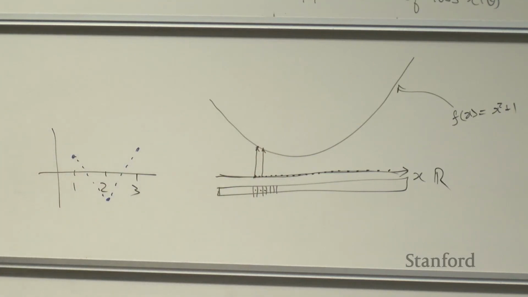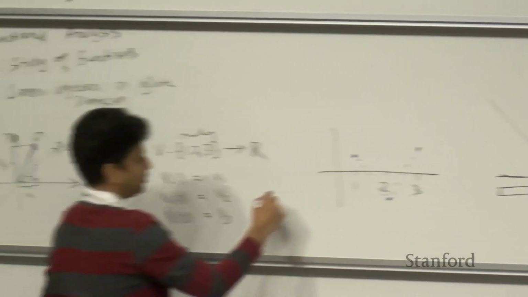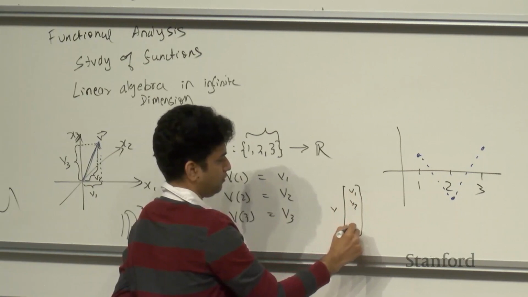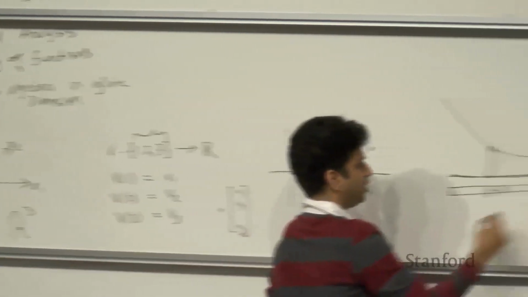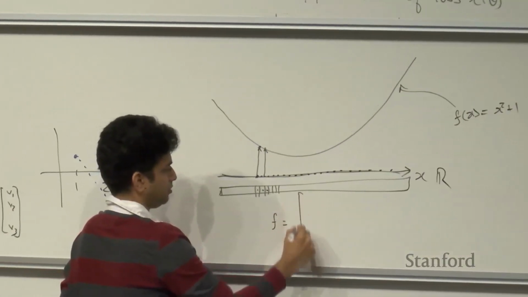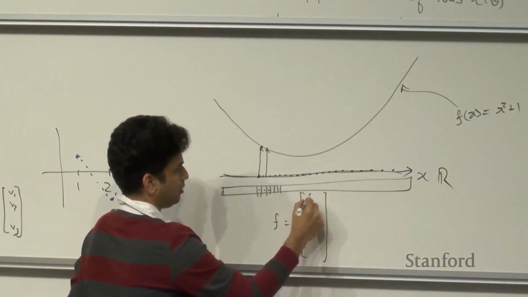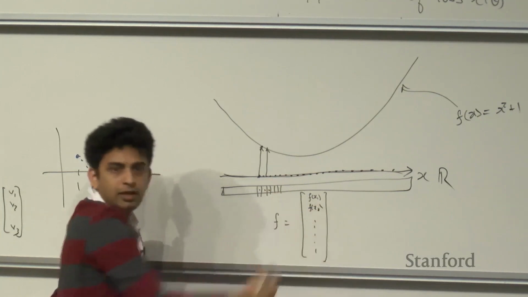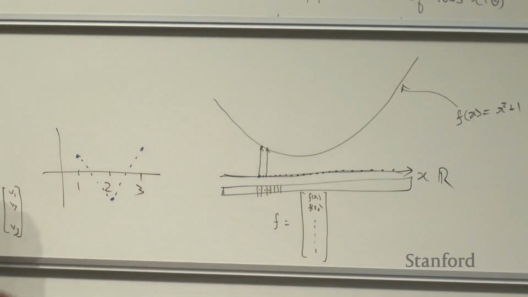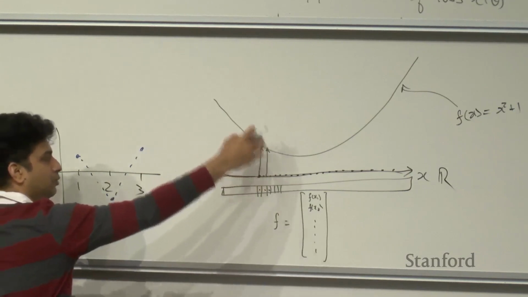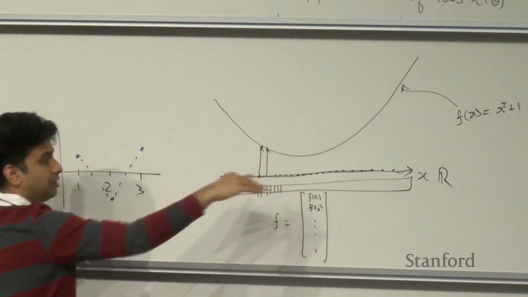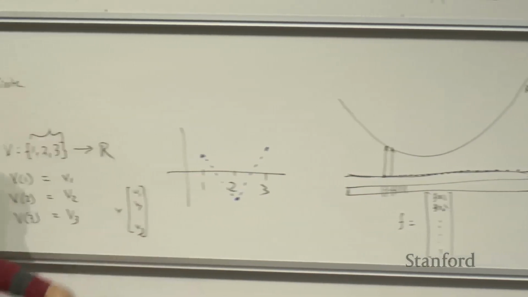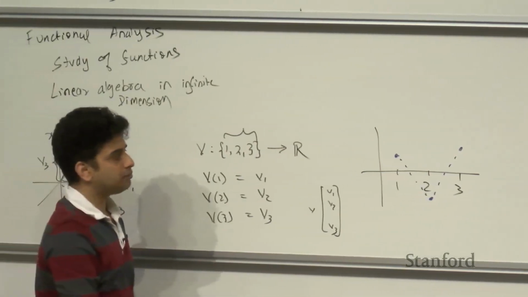vector, right? So a vector in 3 dimensions, we would write it as v1, v2, v3, and a function, similarly, you can write this function as equal to f of x1, f of x2, right, and an infinite number of them, right. So a function can be explicitly written out by the values the function evaluates to at different points, and it looks very similar to a vector, right. It's just infinitely long, and